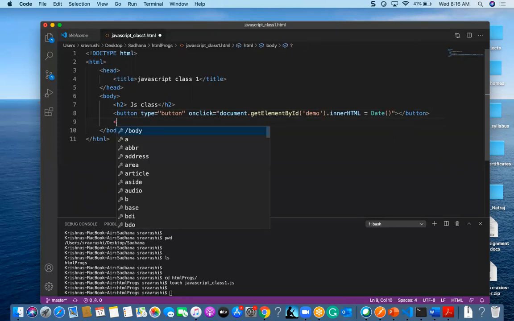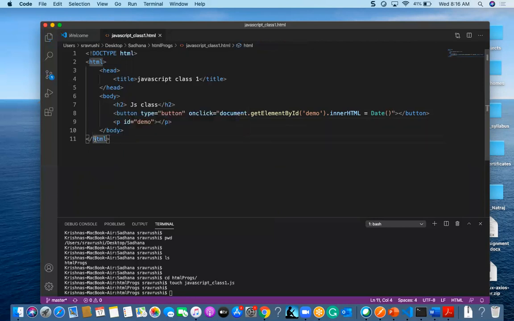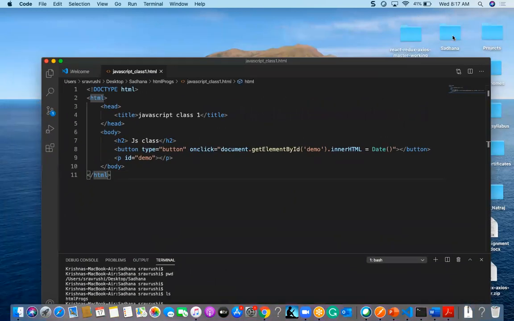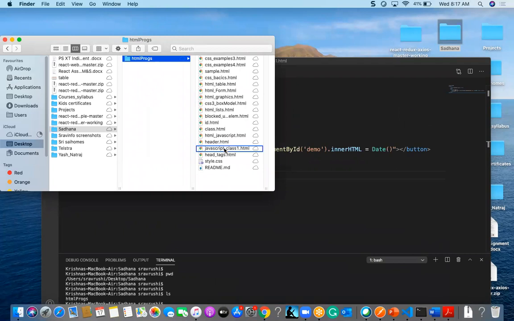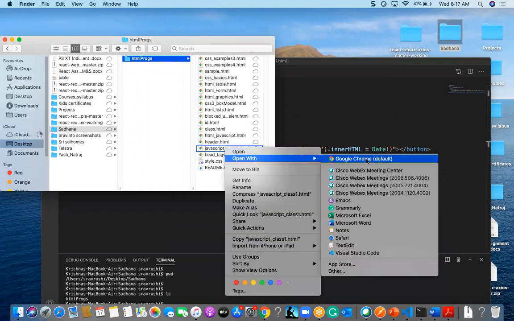So I should give a paragraph with the id demo. Now I go and check the project and execute this program.